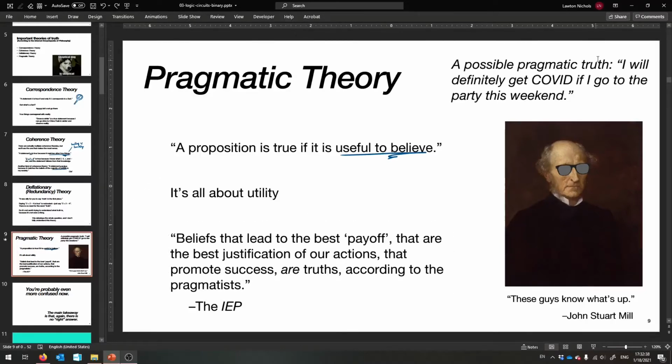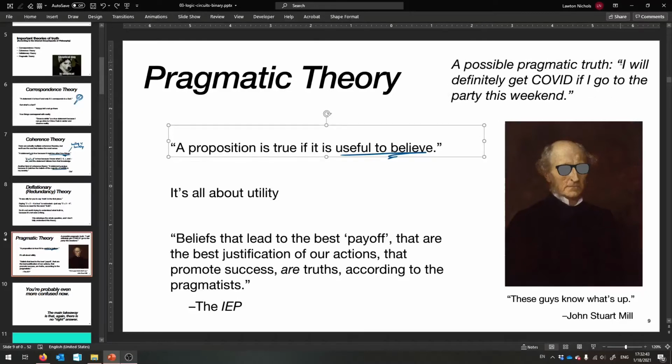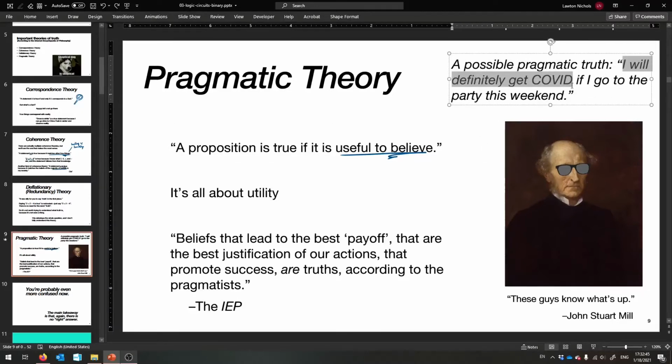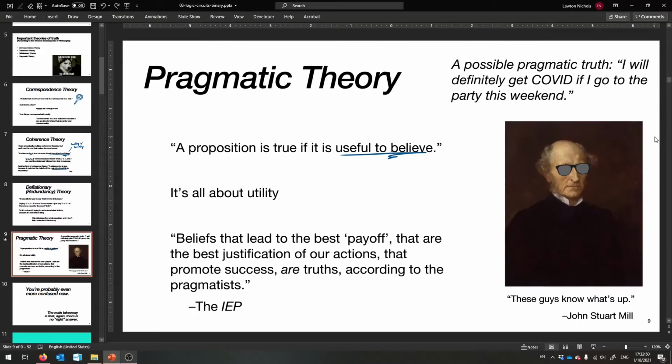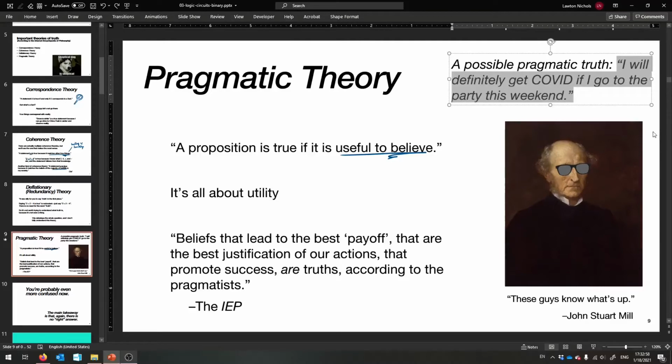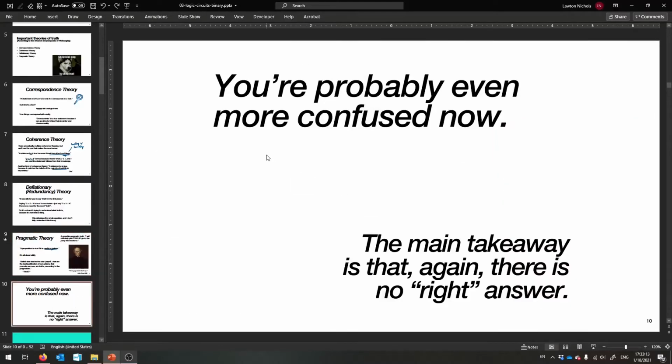And so, for example, one possible pragmatic truth is, okay, if I go out, I'm definitely going to get COVID. If I go to that party, I'm gonna get COVID. Okay, it's going to happen. When in reality, maybe it won't. It's quite possible that it won't, but it's still a very good thing to assume to keep you from going to the party. It's probably better for you in the long run to not do silly things during a pandemic. Okay, so that is pragmatic theory for you,